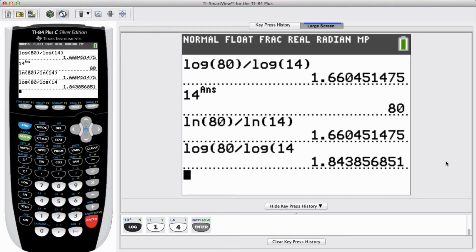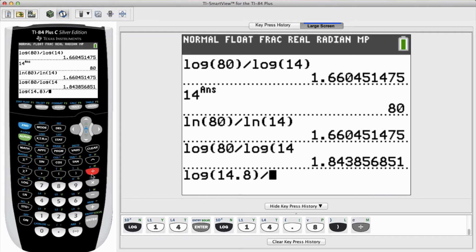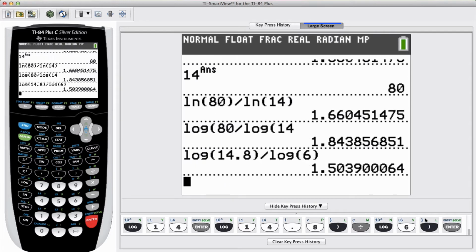Okay, if we look at number 2, we have log base 6 of 14.8. We don't have to use both methods all the time. We only need to use one, but I'm going to once again demonstrate using both just to show us it does not matter. On your homework, if it tells you just to solve, just use one method. That's great. So I knew since it was log base 6, my base has to stay on the bottom. Okay, and 14.8 is on the top. And my answer is